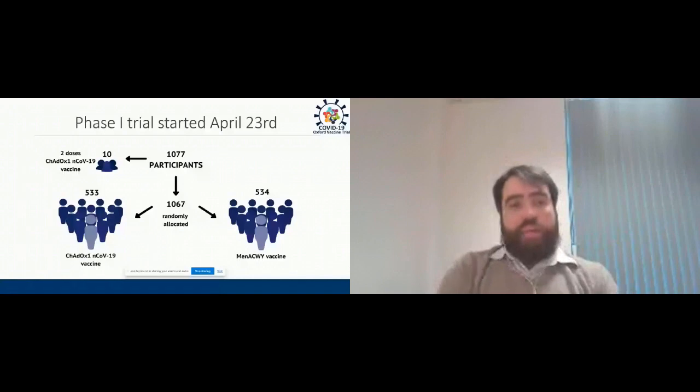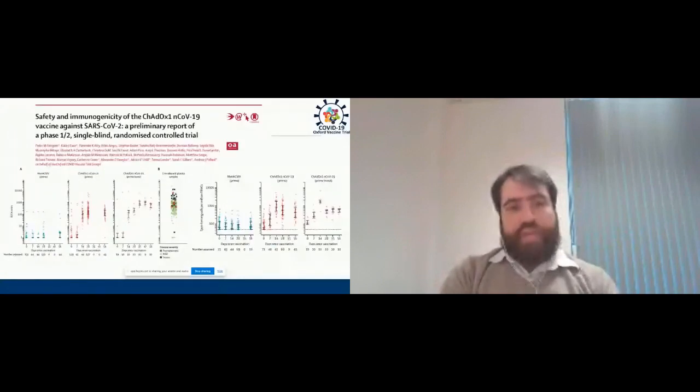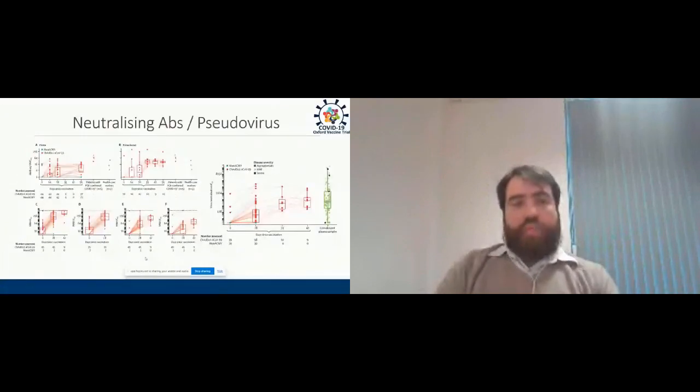And earlier this year, we were very fortunate to publish our results that again showed that the vaccine was able to induce antibody responses, with T-cell responses being induced after a single dose of the vaccine as well. But we did observe that the group that received 2 doses had better not only binding antibodies, but also neutralizing antibodies. So we've run quite a lot of extensive neutralizing antibody assays, which every single one of these assays